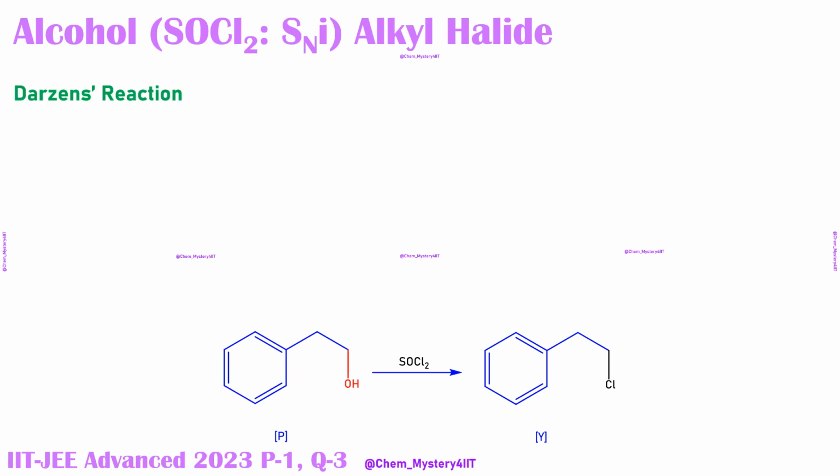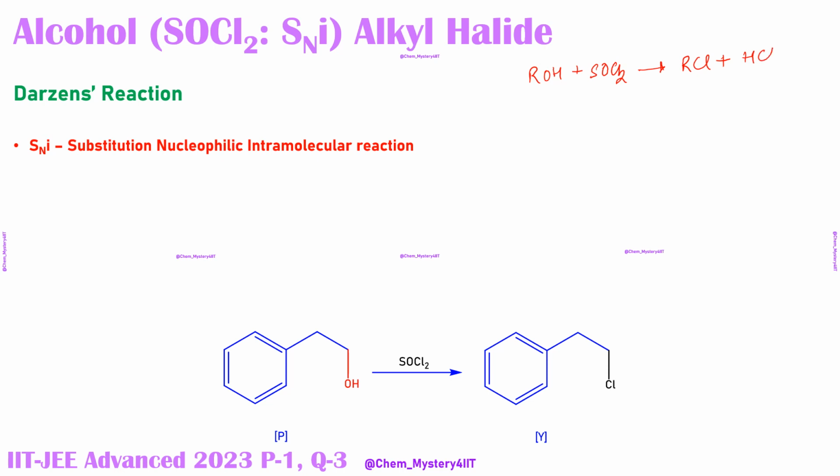where any alcohol, you take 1 degree alcohol or 2 degree alcohol, is reacted with SOCl2, that is your thionyl chloride, and thionyl chloride is a wonderful reagent in the sense that when this is reacting with any alcohol, it is giving all side products which are volatile. So when SOCl2 was reacted with alcohol, we were getting the product RCl, HCl, which is volatile and would be collected very easily. SO2 is formed, which is also a gas, and can be collected very easily. So we are getting a very clean product.